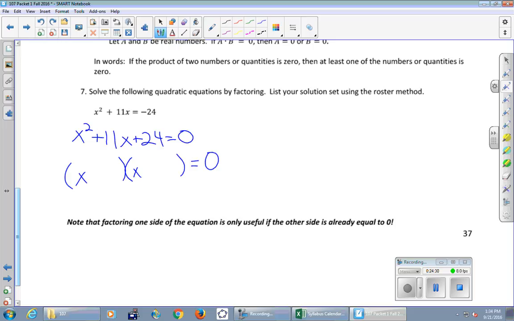Anybody want to share the answer? What is this? I'll say +3 is good. Don't worry about it if it takes you longer than that to get it. Take your time. Just make sure you can get there.